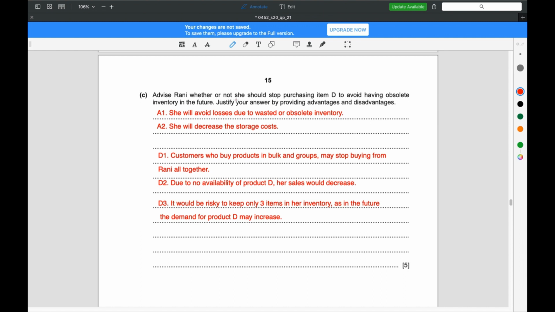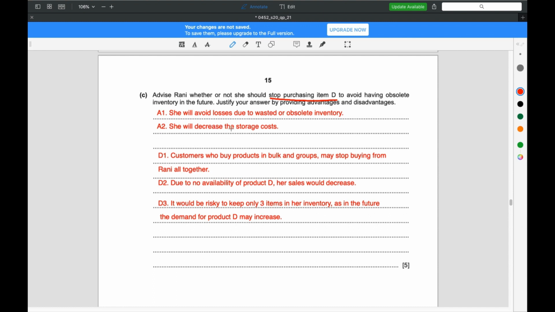Okay. So he's asking you whether or not she should stop purchasing item D to avoid having obsolete inventory in the future. So, as you know, he said above that the inventory of item D of Rani actually became obsolete. So, if it became obsolete, then if you keep buying it every year, and it becomes obsolete again and again, then the money you paid for it will actually go to waste, right? The inventory will turn out obsolete, it won't give you any profit, and the money you bought it for will actually go to waste. So she will avoid losses due to wasted or obsolete inventory, and she will decrease the